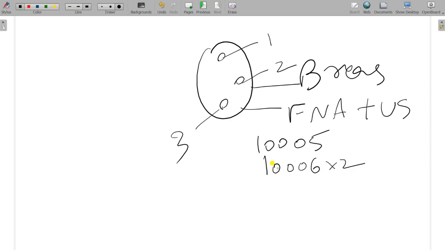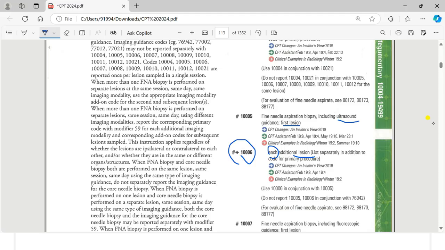So how many left out? You should count that and give into 2. See here, it is 1 lesion. Still how many left out? 2, right? So for the remaining 2, we are coding into 2. That's it. Okay. So in this way, we have to code the fine needle aspiration code, but we should know